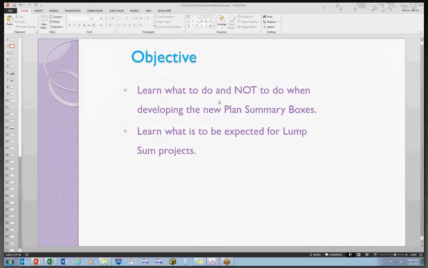And we're really pushing for consistency throughout all of the districts with this process, so that the designers, whether they're consultants, have the same expectations for each set of plans no matter which district they're working for. And the contractors are going to find the information in the same format, in the same